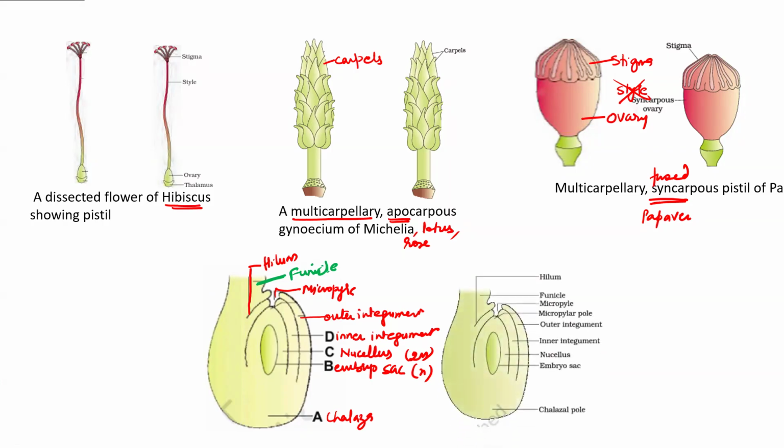This is a diagram of the ovule, and this ovule is an anatropous ovule. Now see next. This is the micropyle end, micropyle is here. Please focus on the diagram, micropyle end. And what is this? Please remember, this is nucellus, and this is the megaspore mother cell.